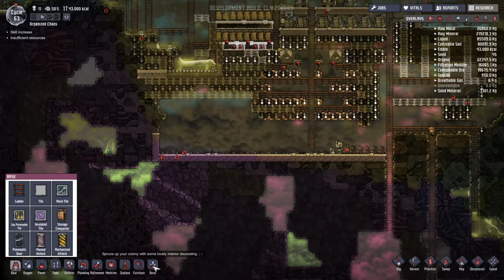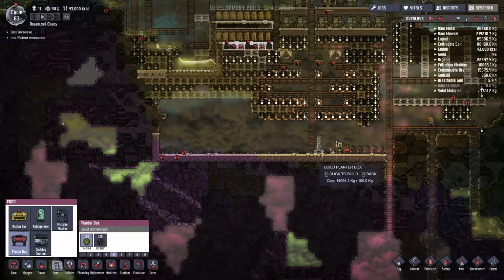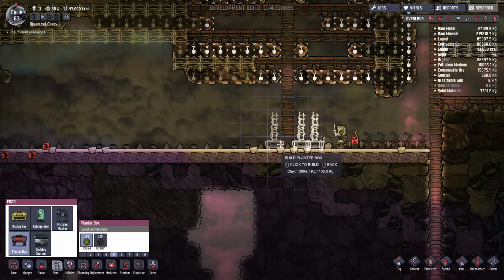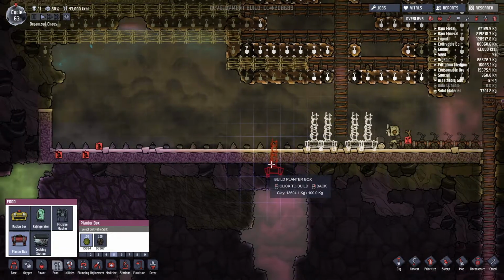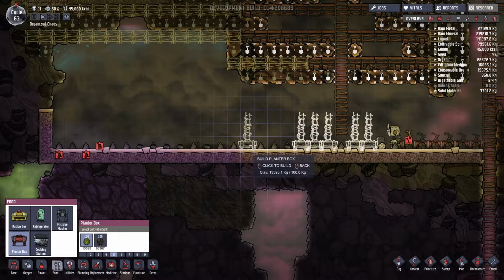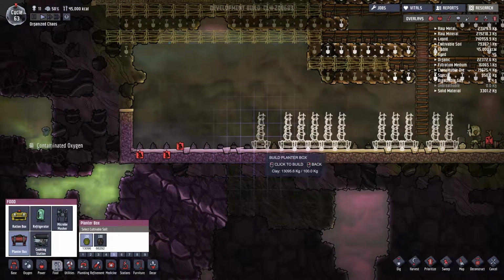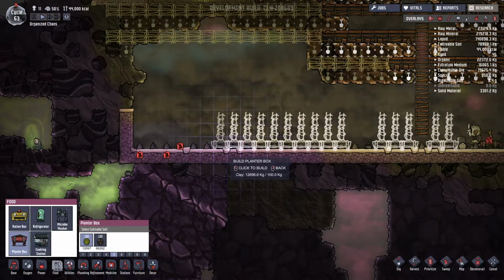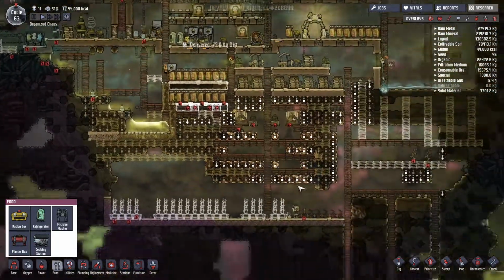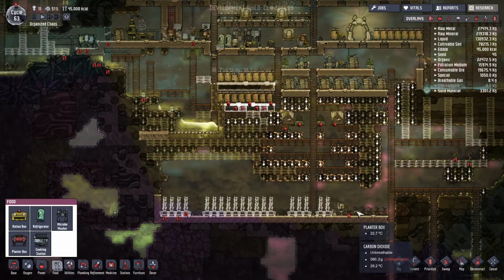Where are the planter stations? Food. Planter box. Why can't I build there? Oh, because of the fan. 1, 2, 3, 4. And we will build 5. 1, 2, 3, 4, 5. And this should be promising, because now that I have all the mealwood seeds getting planted,